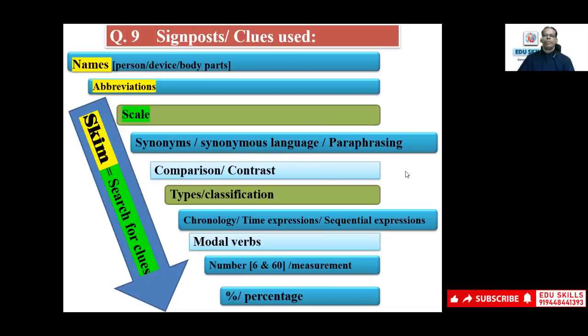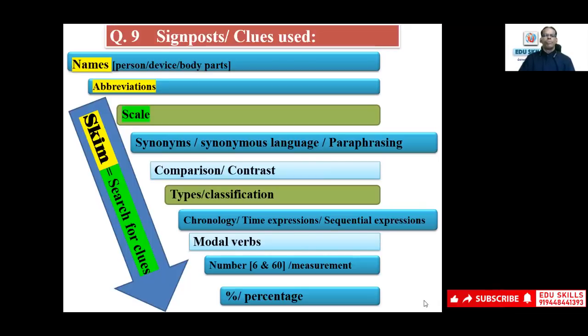This is a repetition. If you have gone through my videos or attended my previous sessions, you definitely know. But you have to remember. Today, we'll be looking into all these things in the reading passages as we come across. And remember, if you have a pen and paper, I would like you to write down just now. I'll be giving a few seconds to you.